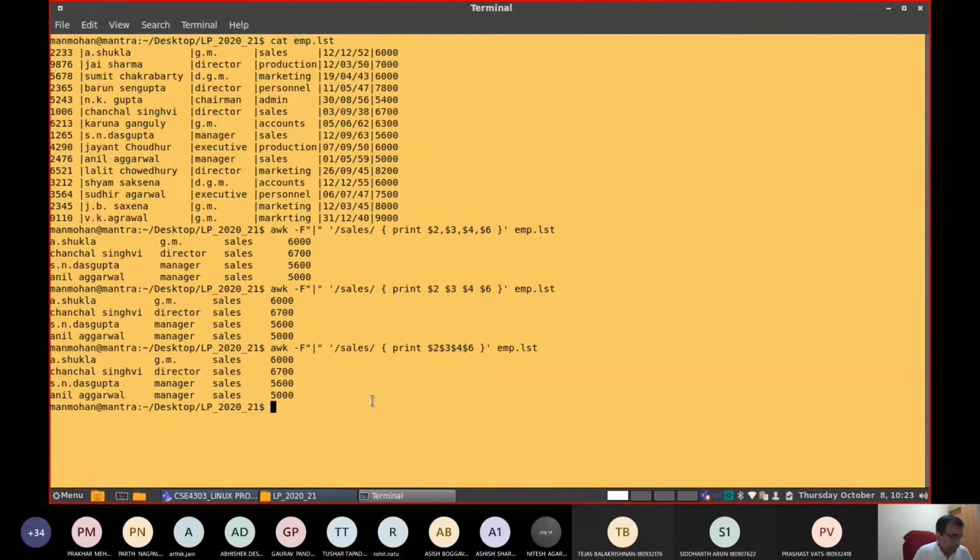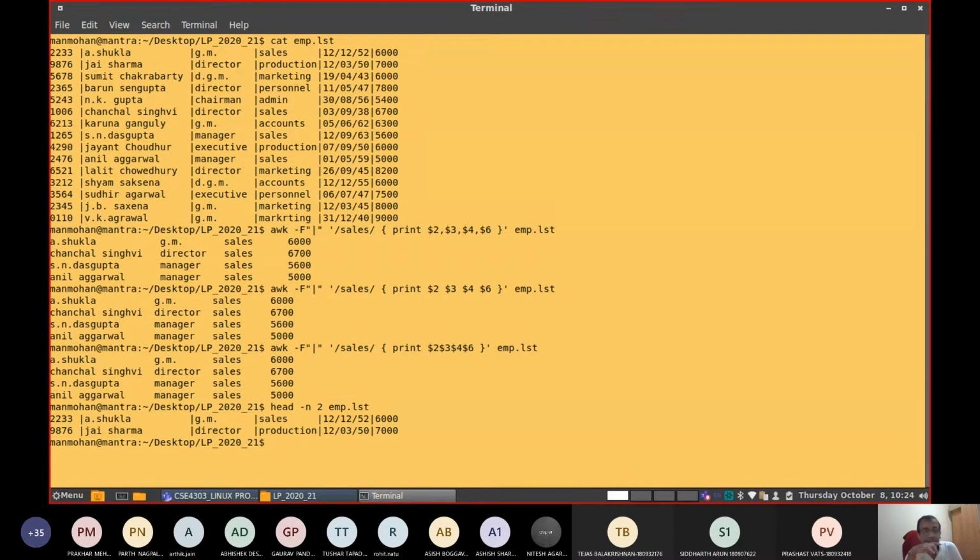Now look into one previous command. From the input file, if you want to display, say, the first 2 lines of the file, we know how to do it with the head command: head -n 2 emp.lst.